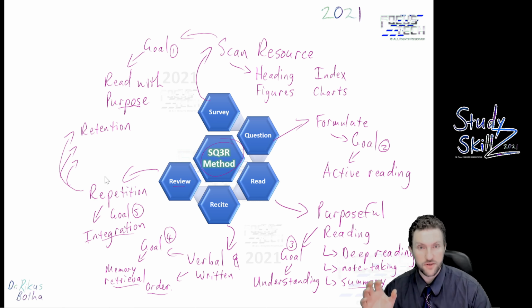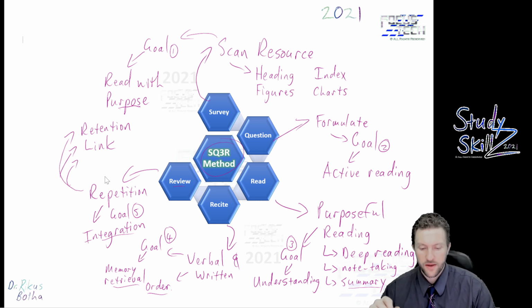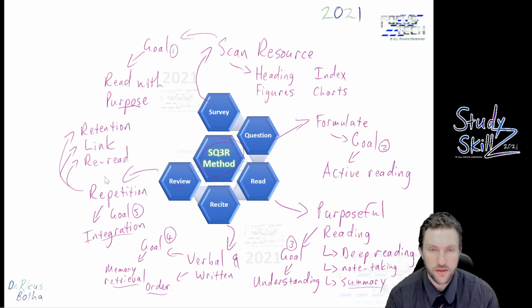You're able to tell your mind or your neurons that this concept is important, I need to retain it, and therefore drawing multiple links to different parts will help you to retain the information. And the last one, probably the least effective, but that's what we have to do sometimes, is reread. Okay, so between all of these, really useful methods for being able to challenge yourself to actually remember different types